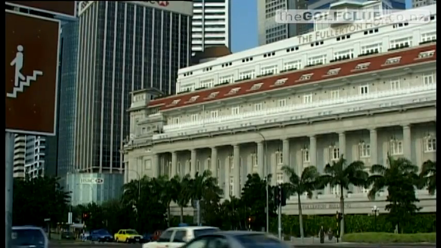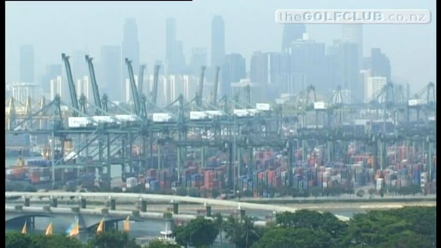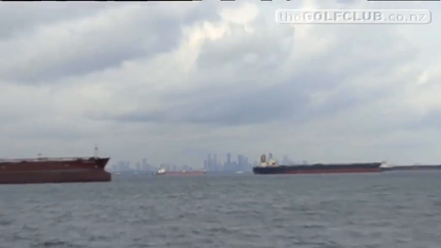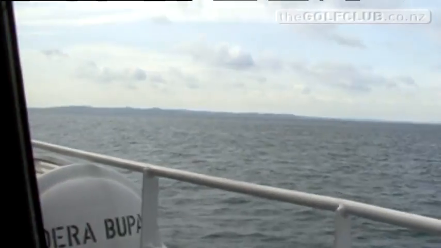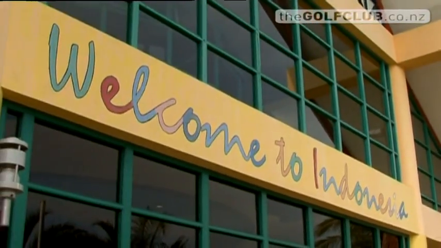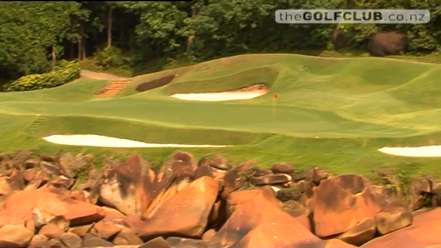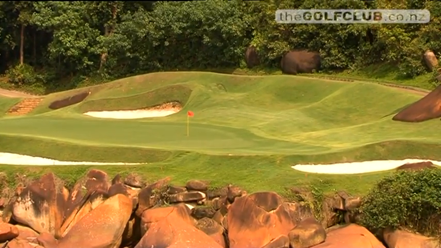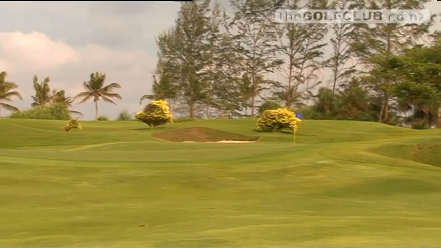Bintan is positioned close to Singapore, one of the most progressive countries in the world. With its dramatic, ever-changing skyline, it's positioned in the centre of the Asian business world. After a short 40-minute ferryboat ride, you'll arrive at Bintan Island and within minutes discover one of the truly great courses of the world. Opened back in 1999, Ria Bintan has long been recognised throughout the golfing world as something